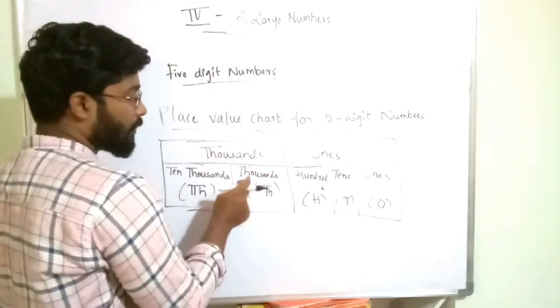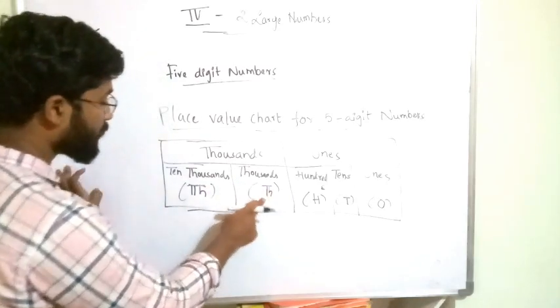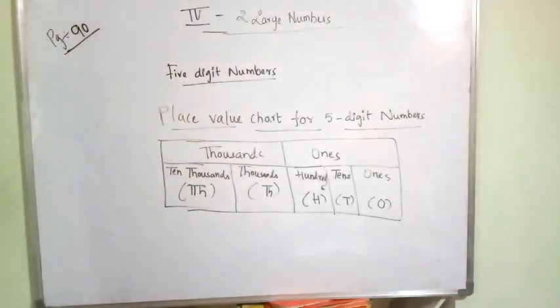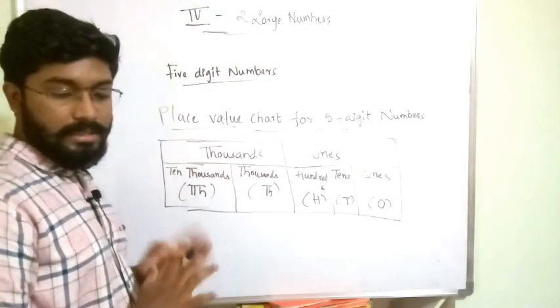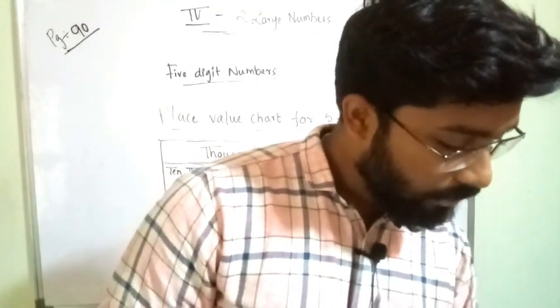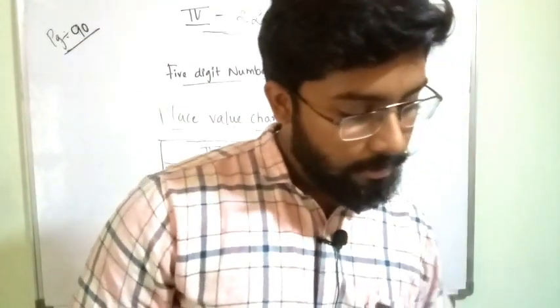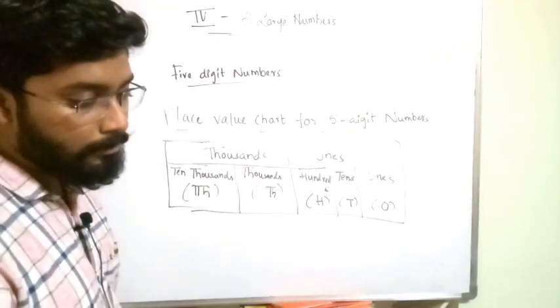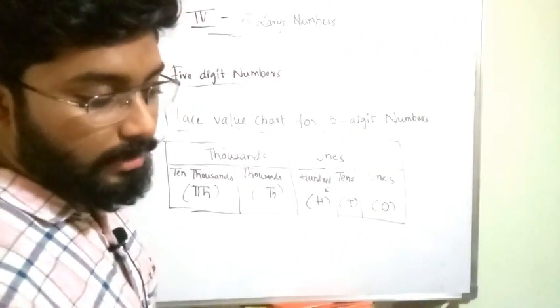Thousands period. So we will represent thousands with TH and 10,000s with TTH. Clear? So up to here we have discussed in this class. We have started the topic of 5-digit numbers now. Then in the next class we will discuss the next topic, reading and writing the